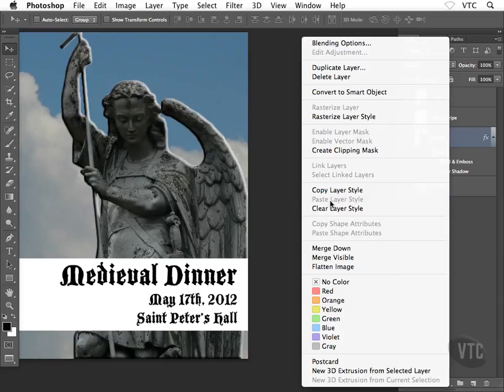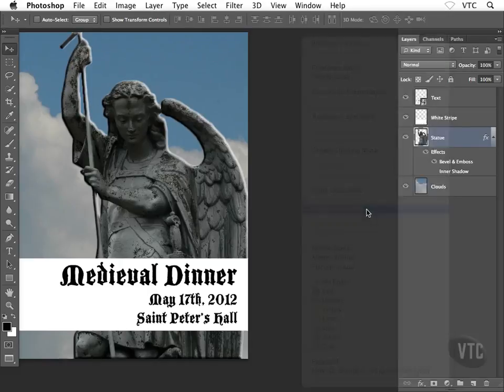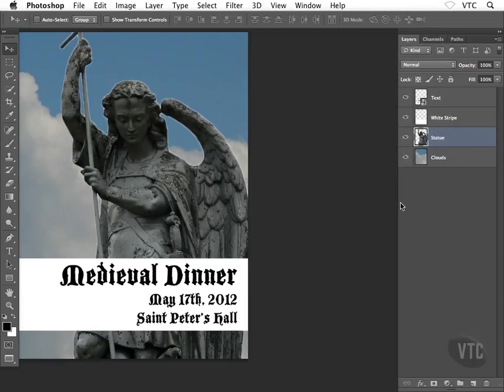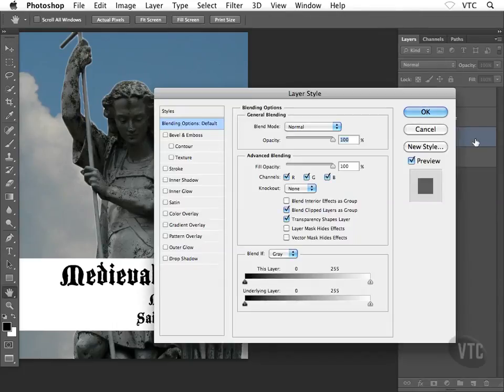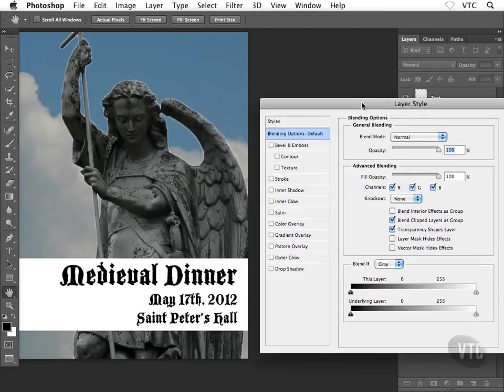Then we have paste layer style, so I could copy the layer style and then right-click on another layer and paste it. But the one that we're after is clear layer style. Go ahead and choose that guy. And what that does is wipe out, obviously, the effects that we've applied to our statue layer. Now, I'm going to apply a different layer style, or set of effects, to my statue. So once again, I'm going to double click on this guy to open the layer style dialog